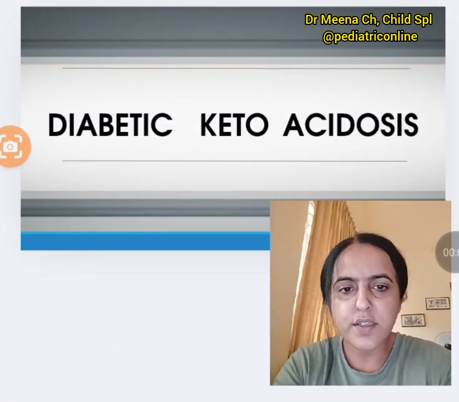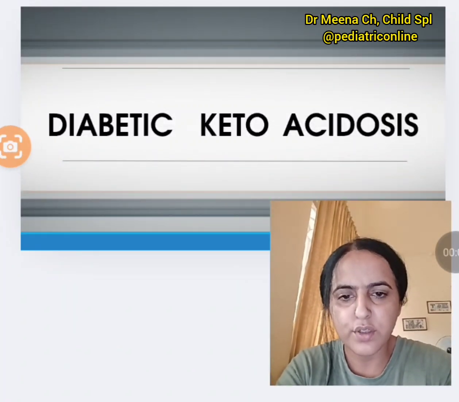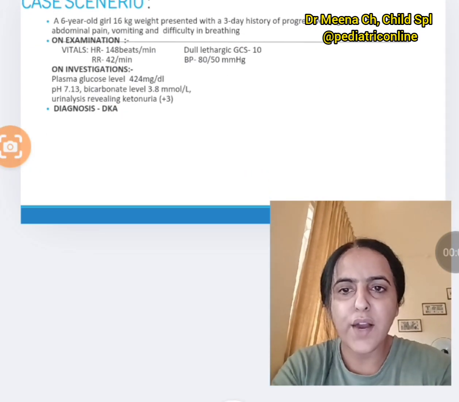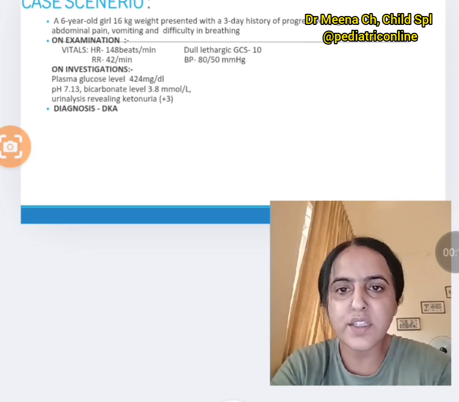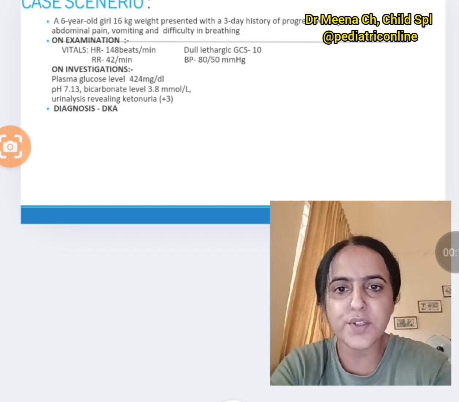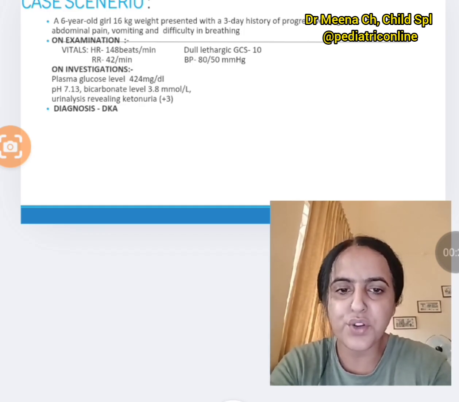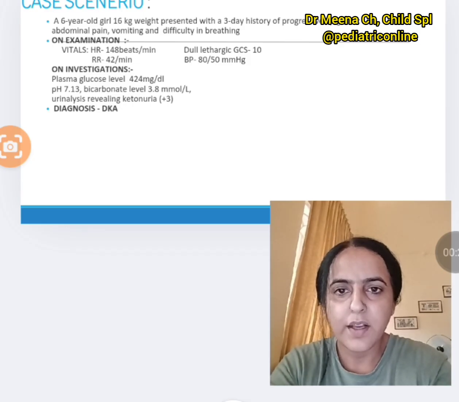So today we'll discuss diabetic ketoacidosis. We'll discuss a case scenario. Beginning with, we have a case scenario where a 6-year-old girl reported to emergency. On weighing, her weight was 16 kg. She presented with a 3-day history of progressive epigastric pain, with vomiting and